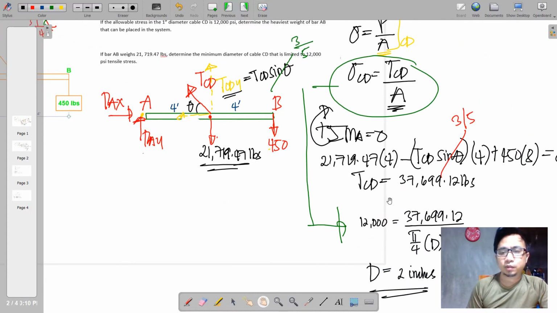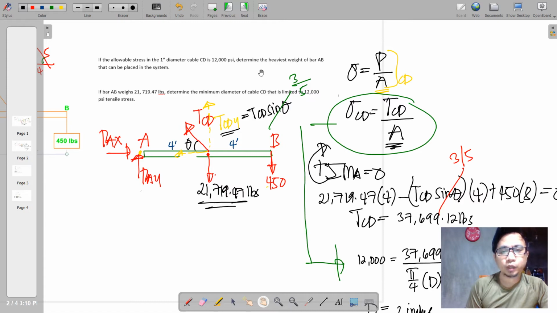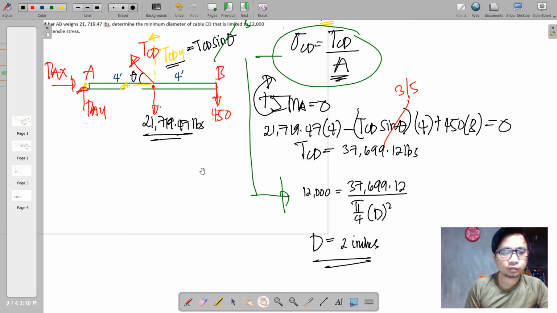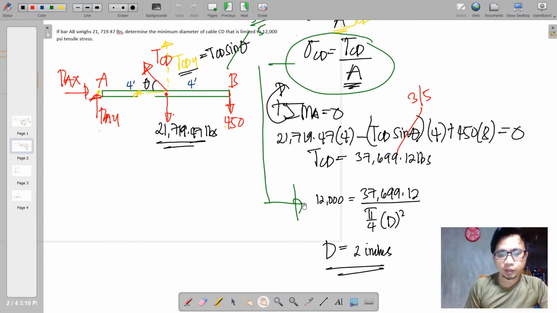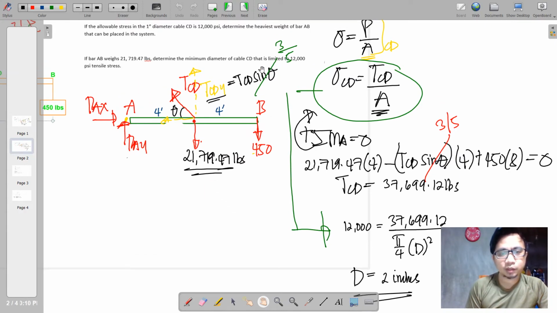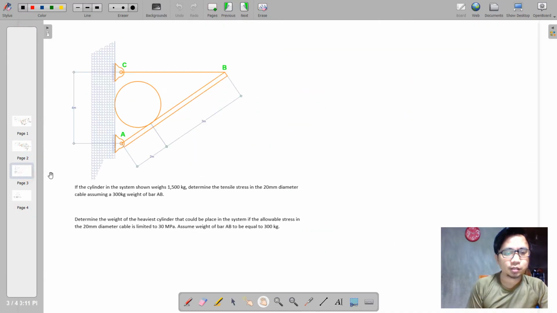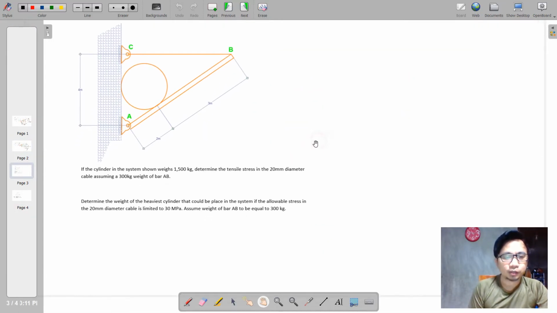So the first unknown, the weight of bar AB under an allowable of 12,000 and 1 inch diameter cable CD will yield to this value, 4,754.87, and then the required diameter, okay, as the second requirement, the same allowable 12,000, going to compute for the required diameter if our bar weight is pegged to 21,719.47. Okay, so moving on to the next problem,